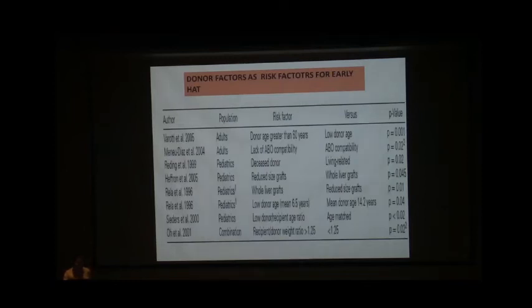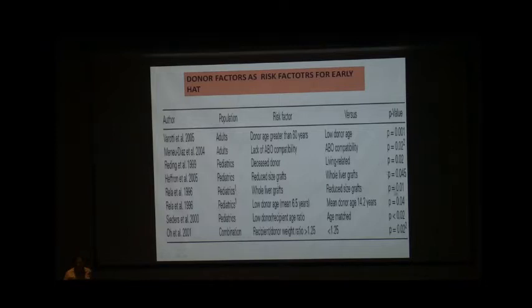Coming to the donor associated risk factors, various risk factors have been studied as per that review article. The donor age greater than 60 years, lack of ABO incompatibility, that has been studied by a lot of researchers, and living related and deceased donor, though in this article they have found a difference, but other articles I am going to discuss. And reduced graft and whole liver graft in the pediatric age group.